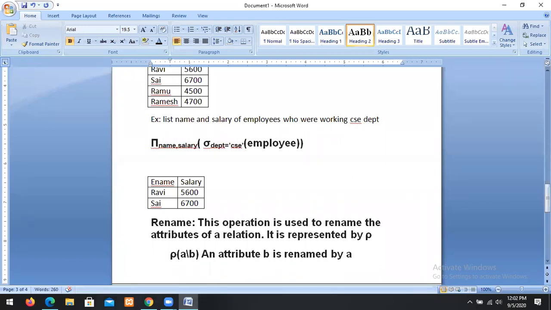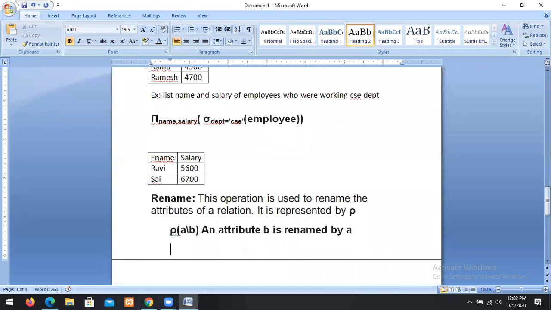Suppose we want to change the name of the attribute, we use rename. So these three are called unary operations. So next we go for